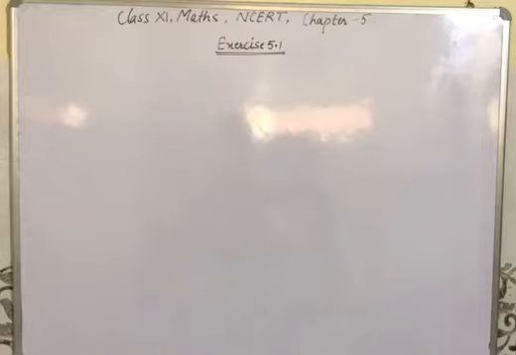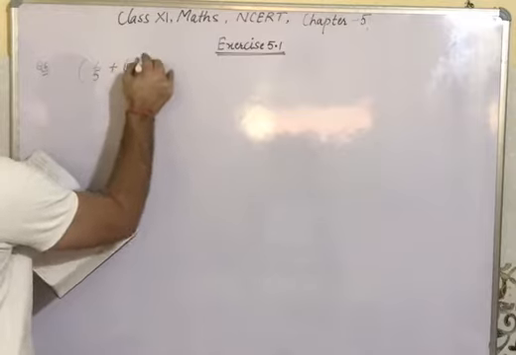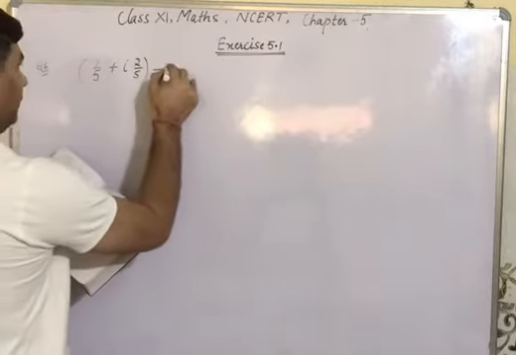Good morning students. Now we are discussing Exercise 5.1, Class 11th, Chapter 5, Maths NCERT. The first 5 questions we have already discussed in the previous lecture, and then question number 6. Now we have discussed question number 6: 1/5 + i·2/5, and then -4